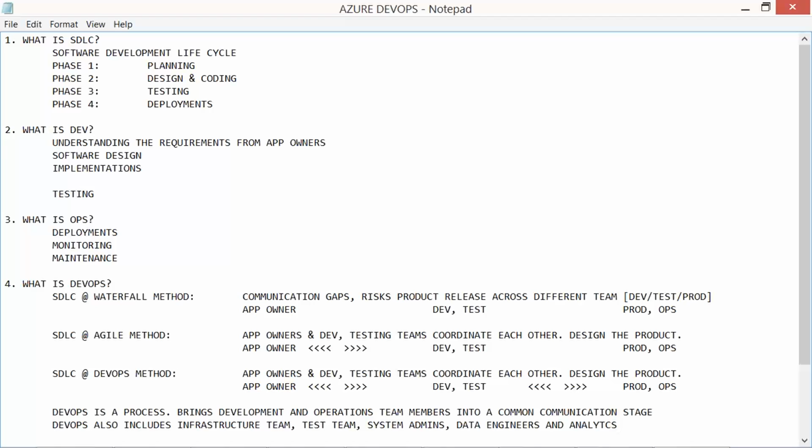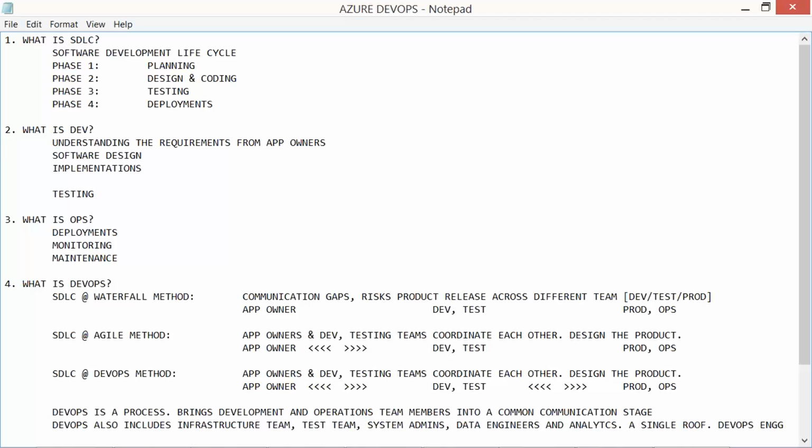Anyone, everyone, simple, into a single roof of communication. Yes, we call them DevOps engineers. The actual job role in LinkedIn and other common social platforms, we see DevOps engineers. So you are a DevOps engineer, I am a DevOps engineer. You may be a developer, I may be a tester. It's a common activity.